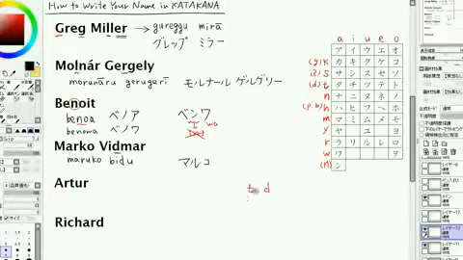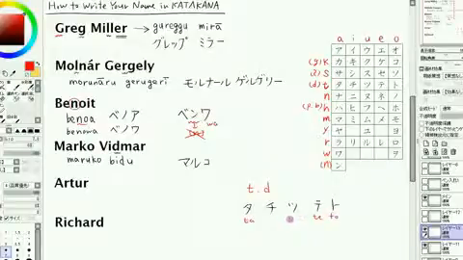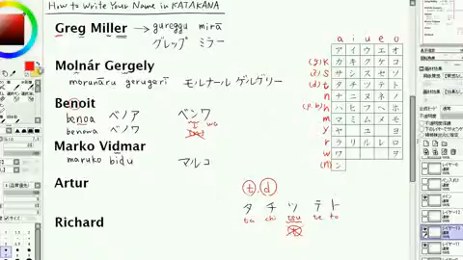Because in the T row, it was ta, chi, tsu, te, to, right? So ta, te, to. These three are T sound, but these aren't. So if we use U sound, that'll be tsu, and it will be far from T sound, right? So that's why we cannot use U sound when expressing T alone or D alone too, because the D row was